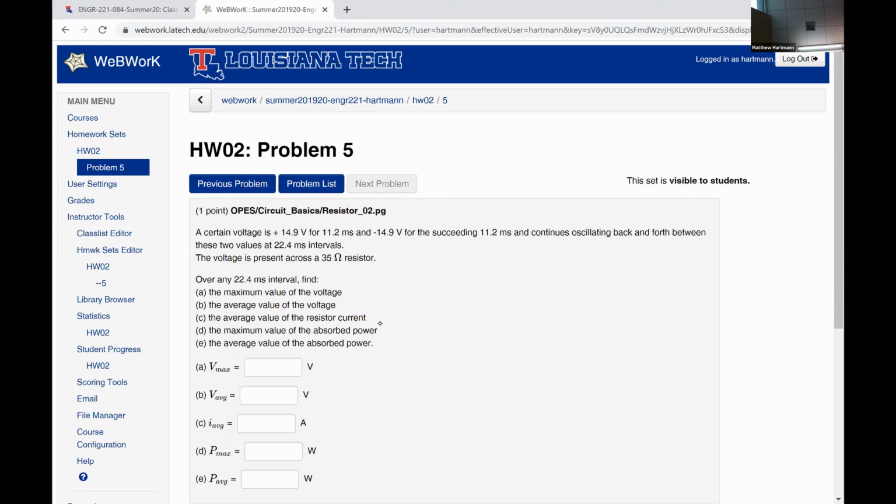So for the positive half cycle of the voltage waveform, our resistor is absorbing 6.343 watts of power. Now for the negative half cycle, where the voltage is negative, our resistor is going to absorb negative 14.9 quantity squared divided by 35, also